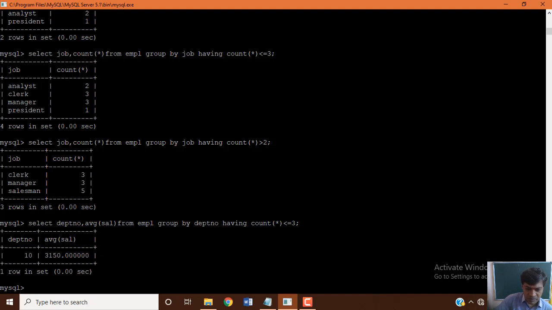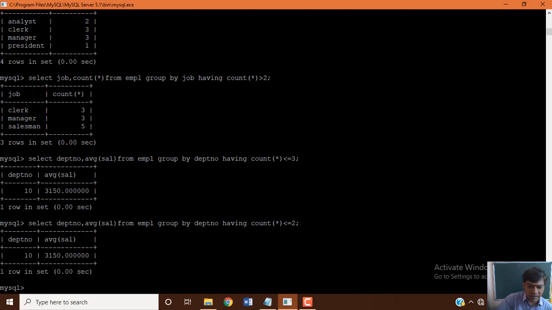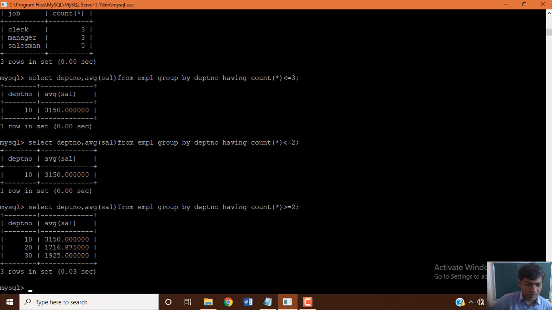Okay, suppose less than or equal to 2, then also 10 comes. Suppose if you give greater than or equal to 2 employees, now you can see all 3 departments which you got.